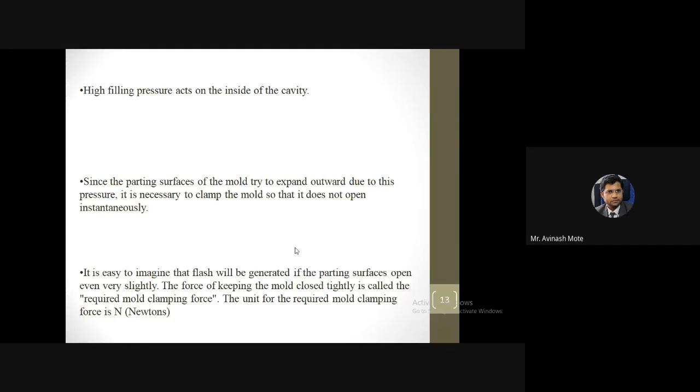Parting line is that surface where these mold boxes are closed. So mostly the higher pressure acts on this parting surface, so there is a small opening at the parting surface, because the gap is actually there. So this material will try to escape from that opening.